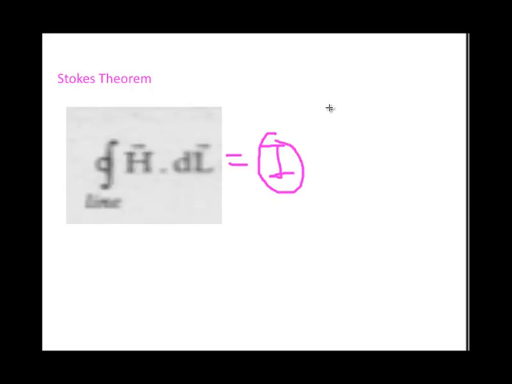Current density is J. It is nothing but current per unit area. Current density is current divided by area. Current per unit area means ampere per meter square. Ampere is the unit of current and the unit of area is meter square. So ampere per meter square is the unit of current density. With the help of current density we can find the value of current.